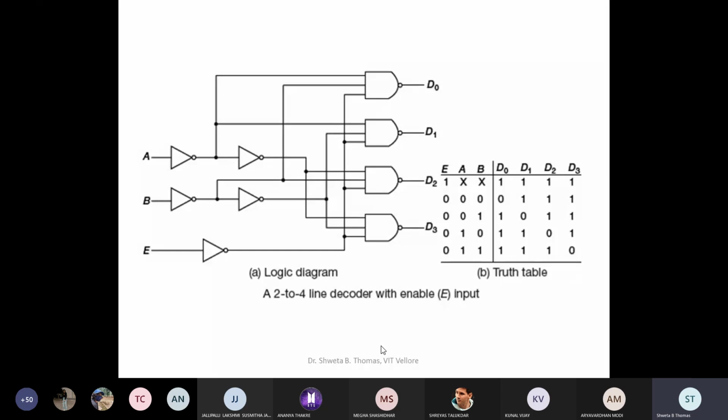So let me ask you one thing. One diagram I showed you for the 3 to 8 line decoder, and I asked you to implement that for your lab, and this one is another one. So which one would you like to do for your lab? You want to take this one or the previous one? Any one of them you can take. So liberty is there. It's up to you. Okay? So this liberty I am giving to you.